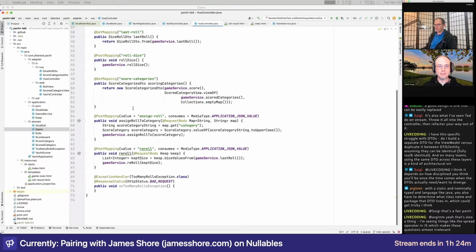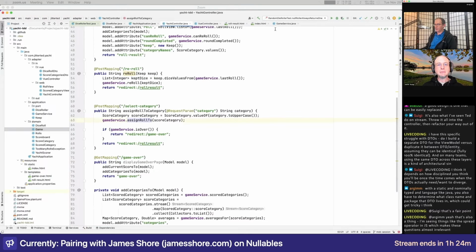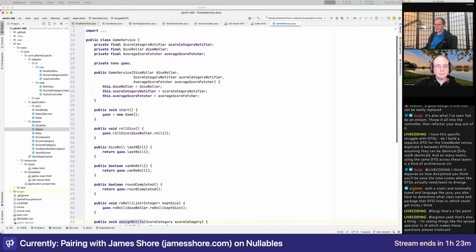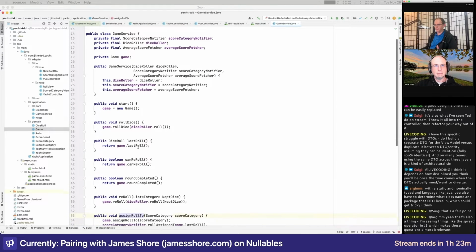So we've got View Controller, we've got Yacht Controller. They're both doing assign role to. That's happening when we select category. Right. So assign role to. So that's when we say we're going to keep this. Right. It's going to put it in this category. Right. And at that point, we are both updating the domain model,